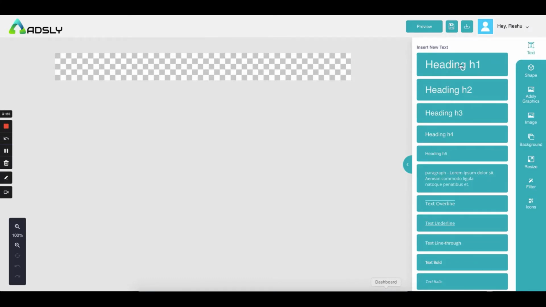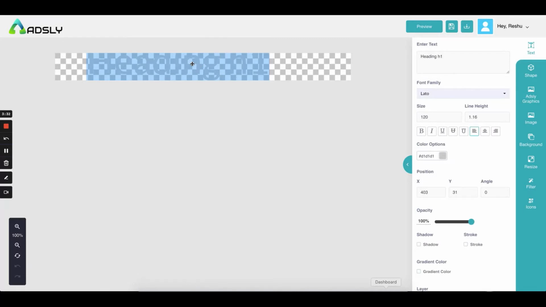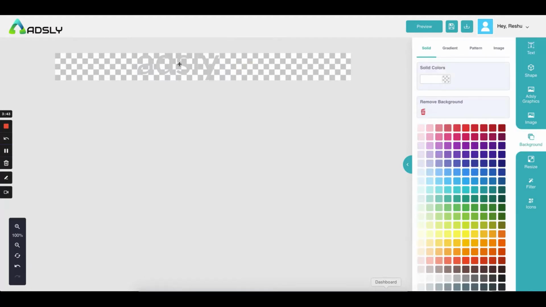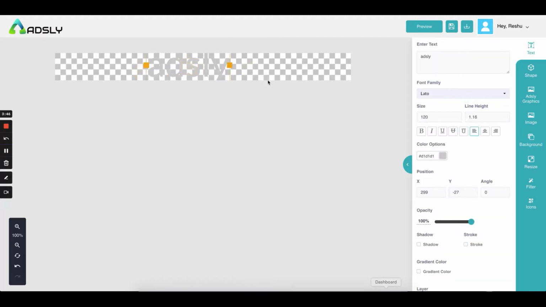First option is text. If you need to add your text on the Google ad, this is what you will use. I'll just show it to you. Simply anything you can write, Adsly, and the whole editor is well equipped with keyboard editing, so you can use keyboard shortcuts to undo, redo, copy, and paste, so that it's easier for you.